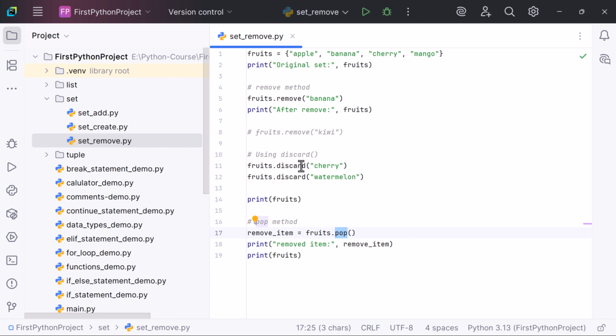They help you clean up data safely and effectively, whether it's a list of IDs, product tags,